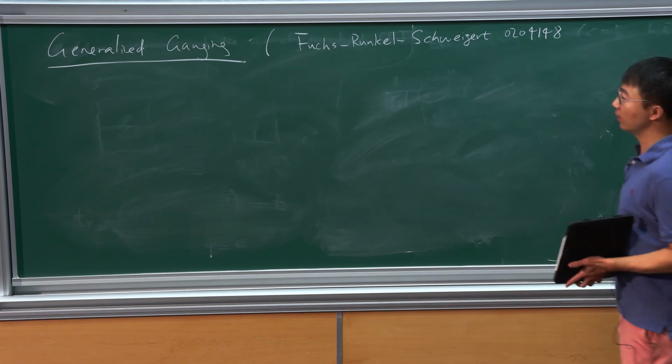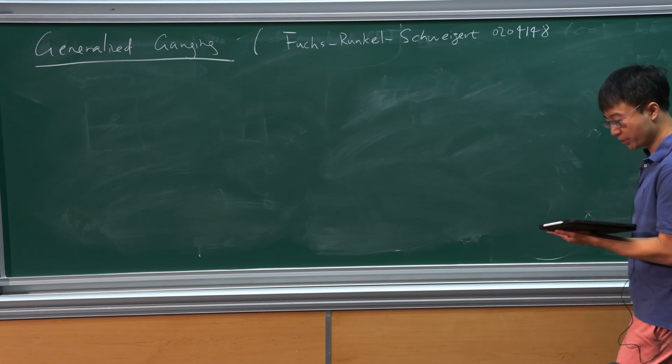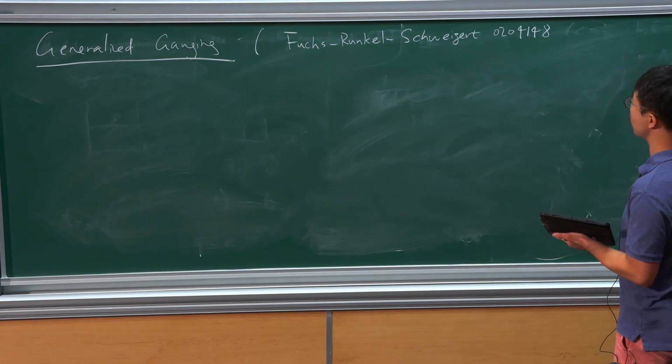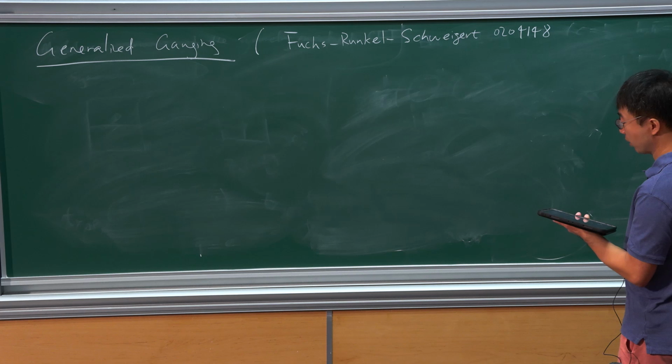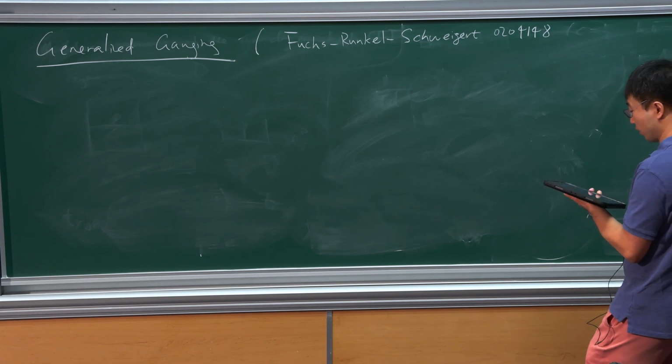They mostly focus on generalized gauging in the case of rational CFTs, but much of the technology can be easily generalized to the case of generalized gauging in two-dimensional QFTs